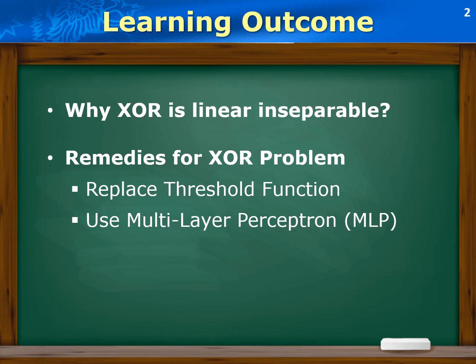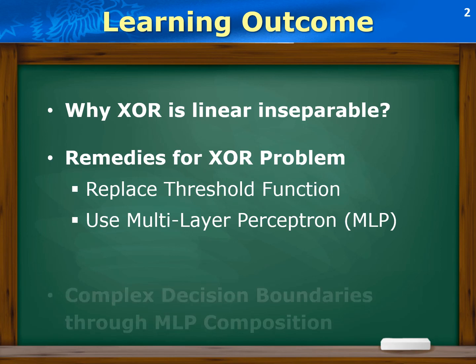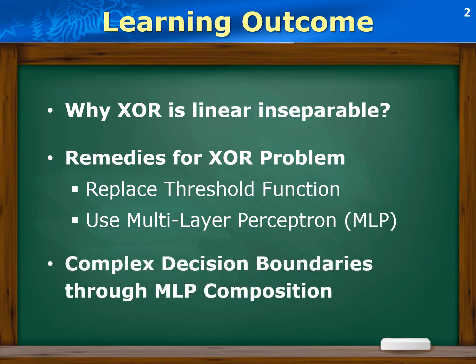More importantly, you need to understand the representation of XOR using multilayer perceptron is not unique. There are many alternative ways based on the different decomposition of the decision boundaries. Finally, we will learn how to use multilayer perceptron composition to represent complex decision boundaries, which highlights the great potential to extend multilayer perceptron for image recognition.